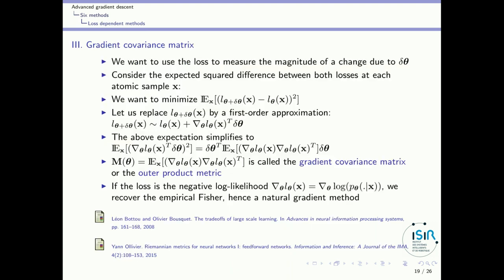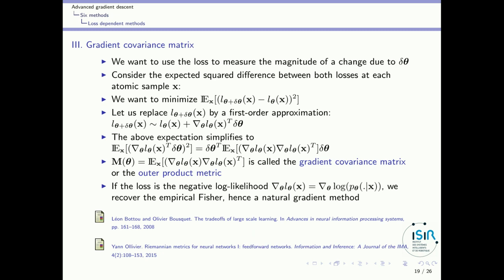A third technique is the gradient covariance matrix. Okay, that's a different idea from the two previous ones. This time we will minimize something completely different. Again, we go back to something deterministic, but instead of minimizing a distance between the outputs of the function, we will consider each sample